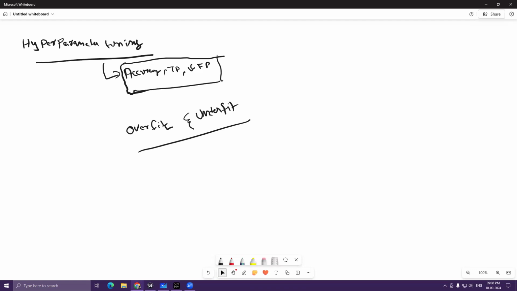Right? Basically, when I say overfitting, right? When I say overfitting, where the train data accuracy is more than your test data,